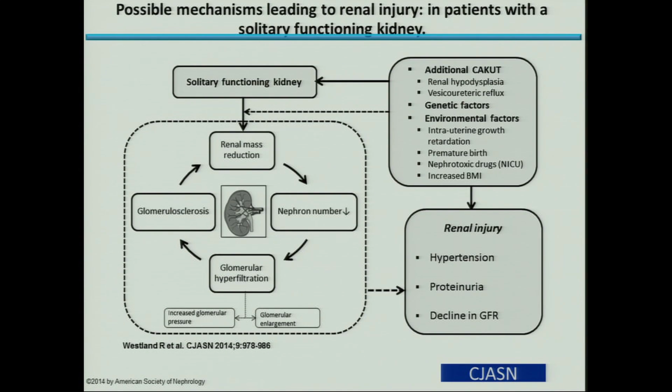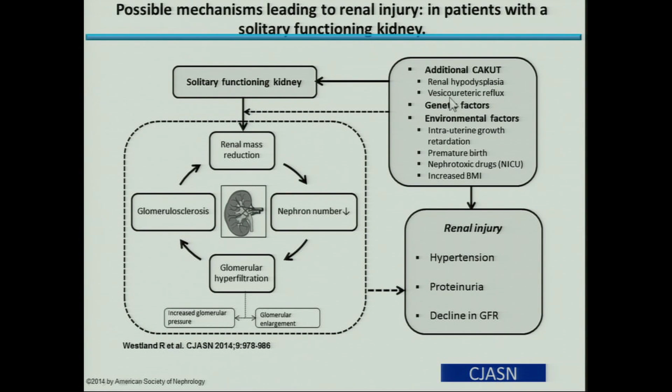This is just a schematic of what we think is the pathophysiology behind a solitary functioning kidney. So a solitary functioning kidney, by definition, has reduced renal mass. Even if you have compensatory hypertrophy of that solitary kidney, you still have a reduced nephron endowment than if you had two normal functioning kidneys. So if you have any additional factors such as CAKUT, VUR, hypoplasia, dysplasia, UPJO in that kidney, it can complicate